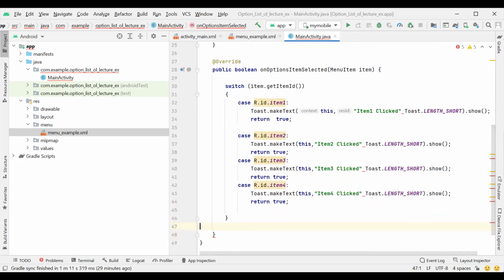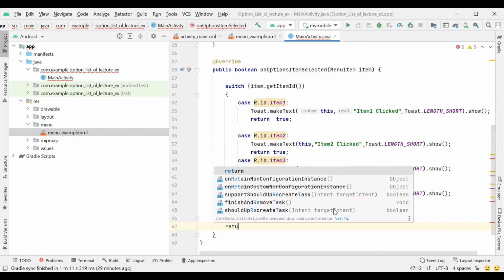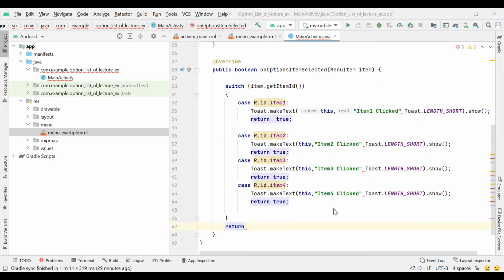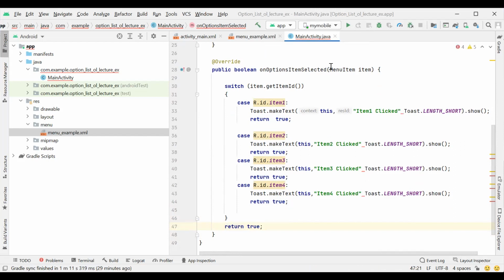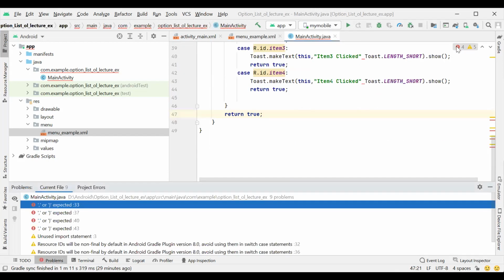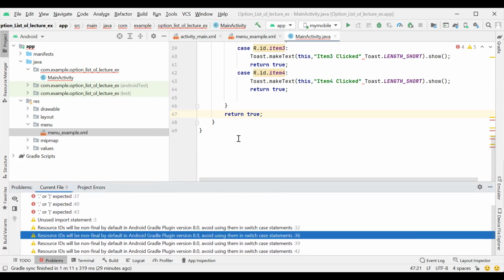So it shows an error because this method needs to return something. So I write here return. Okay. Still it gives an error. Four errors are there. So on line 33 a bracket is expected.